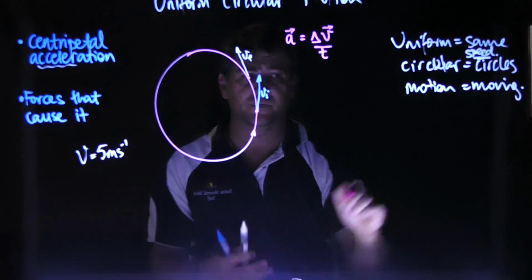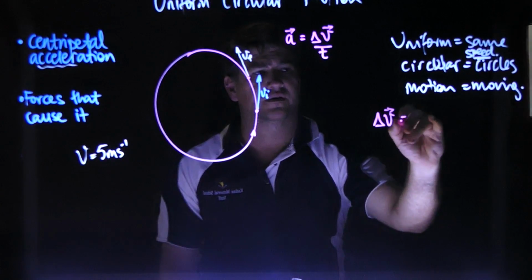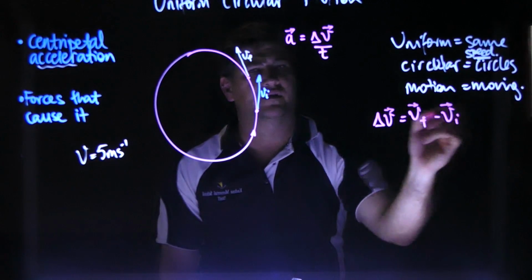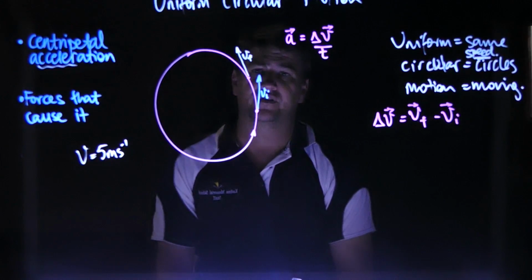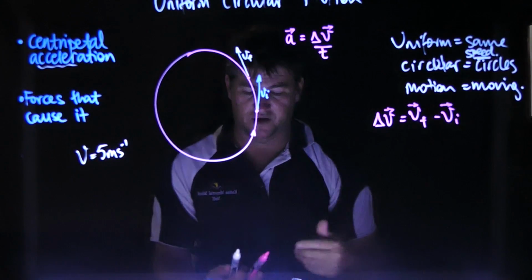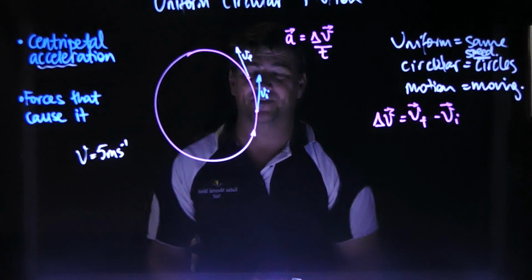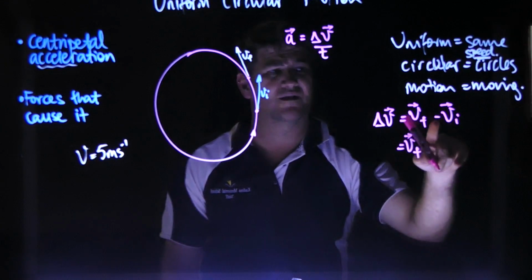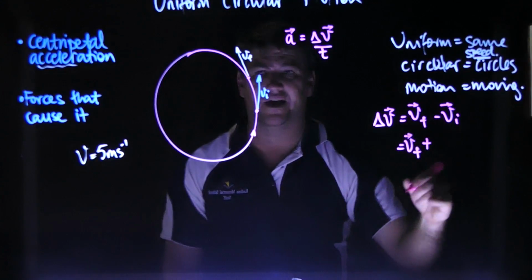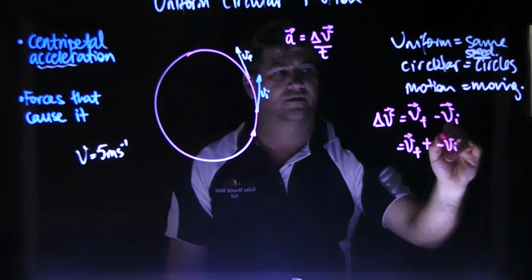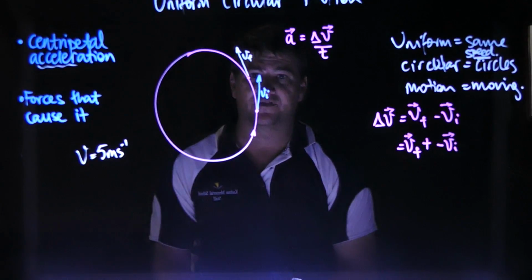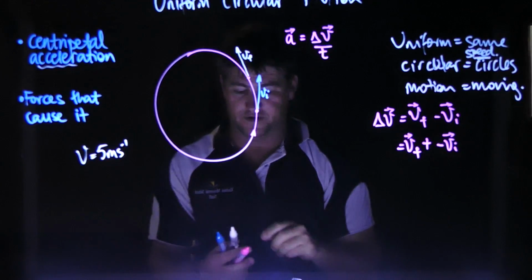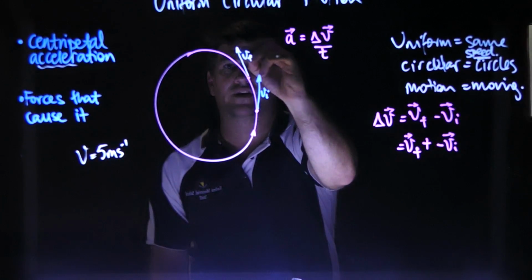So, change in V is final take initial. So what I'm going to do is I'm going to get my initial and my final and basically do this, final take initial. So in order to do this, I am going to do some weird kind of maths. V final, so we can't really take a vector, but what we can do is add a vector, and we're going to add the opposite of the initial one. So in this case here, what I'm going to do is pick up the blue one, put the arrow at the other end, and then put it next to this guy. So as well as I can draw it,